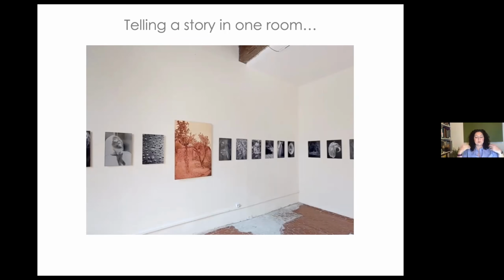And when I put the work together, we looked at both the black and white, and there's one color image. So what I did was create, in this room, a ring with a stone. The red infrared image became the stone, and the band was the rest of the photograph. So it's very central. You can kind of go in circles when you're in that space, and you can really feel it.